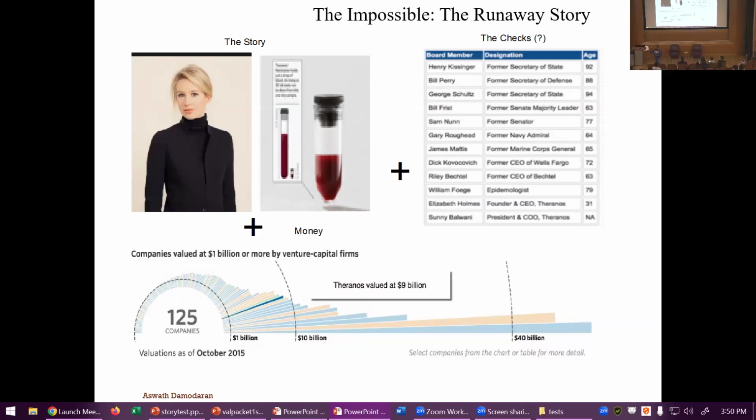6 months later, the pricing had gone to zero. Elizabeth Holmes had been banned from the blood testing business for 3 years. There was a criminal case working its way through that finally got resolved last year when she was sent to jail, I think, for 10 years. But in October of 2015, when this happened, I wrote a post because everybody said, that's stupid. Why would somebody ask that question?